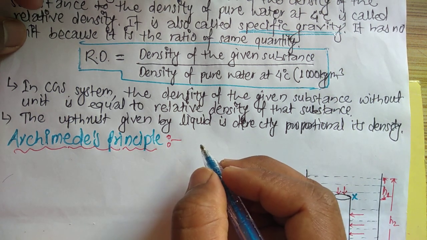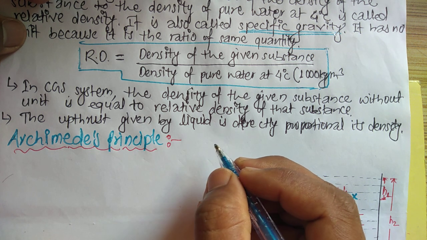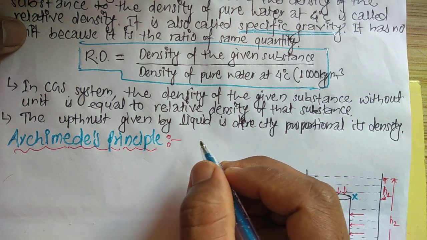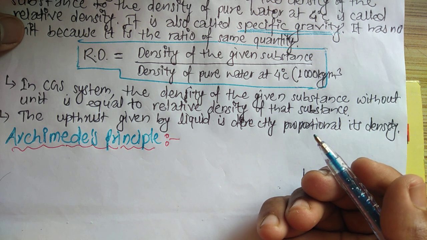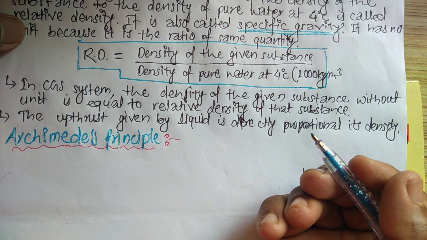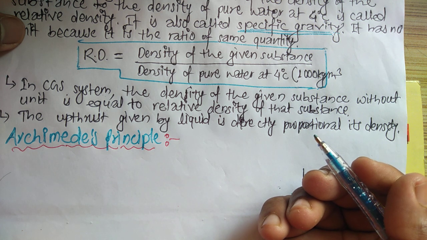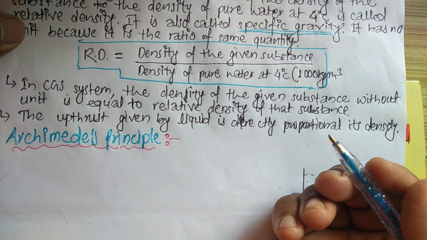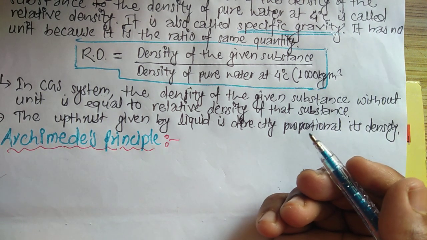One day, about 2200 years ago, he went for a bath, and when he entered a bathtub full of water, the water overflowed and fell down from the bathtub, and he felt lighter than earlier when he was outside the bathtub. Means he experienced a loss in his weight, and he found that some water from the bathtub overflowed outside, and after getting a conclusion, he proposed a principle,